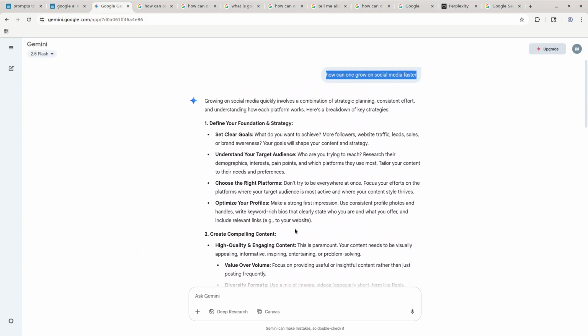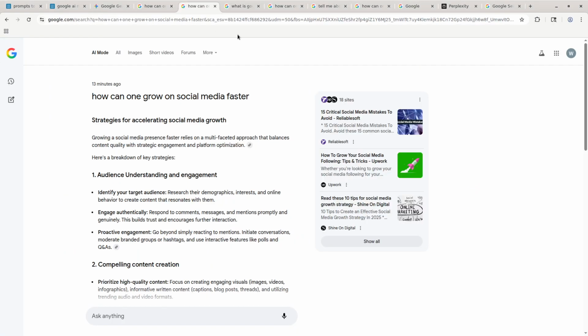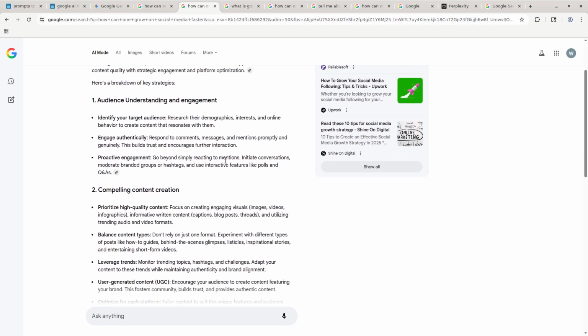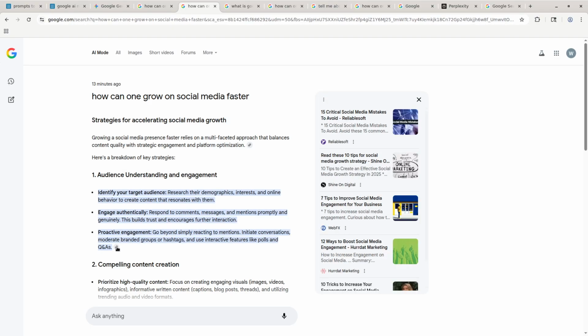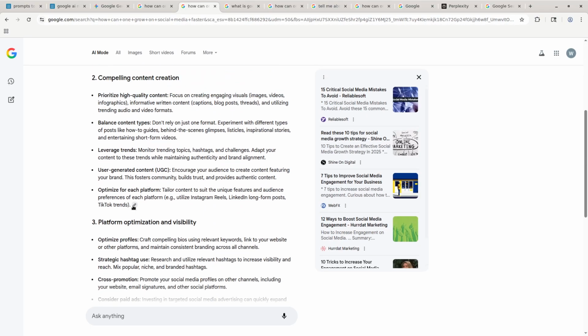So I personally prefer Google Gemini, but I do think that the new AI mode is almost certainly going to get better and better, and I think it is quite good. And one thing to note about this is you've got these links, so you can click on the sources,